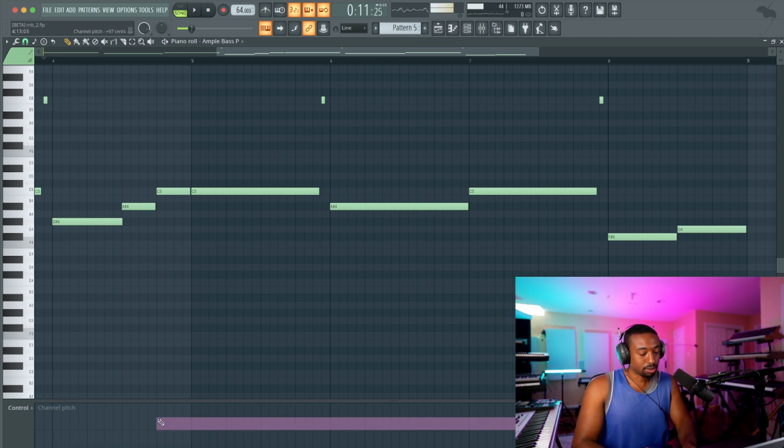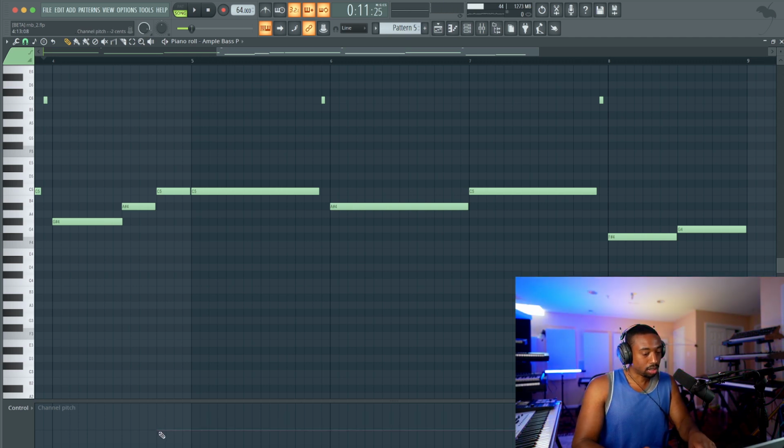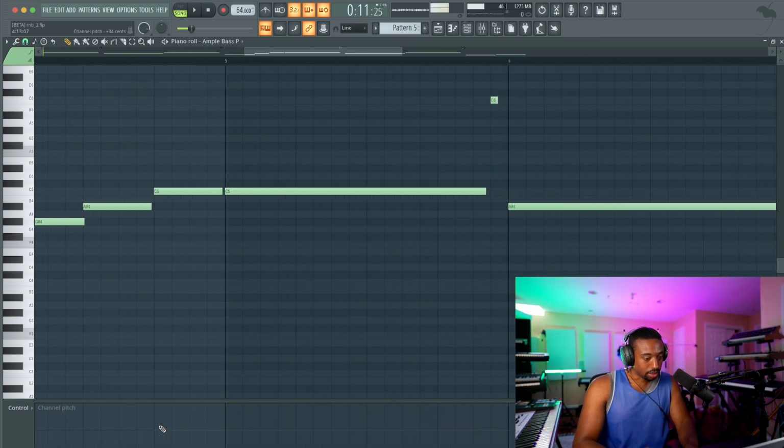So whenever you mess up, just hit Alt. Actually hit Shift and then line it back up. Okay, so it's a little quirky here because there's no Alt. Let me see if I hit Alt Shift. Usually when you hit Alt and you left click, it resets. But for this information, you have to read the value in the top left to see how far you are off in pitch values. That's why I don't use this too much, because it's a little janky.